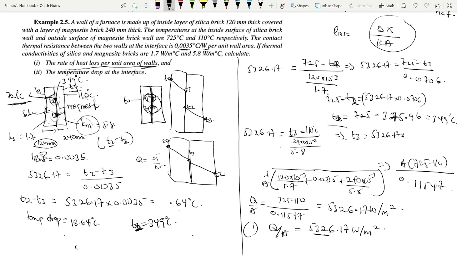5326.17 times this value, right? So let me evaluate that value. 240 times 10 raised to the minus 3 all over 5.8. I get 0.0414. Then I can add the 110 to it. So I get T3 to be 5326.17 times 0.0414 plus 110. So I get